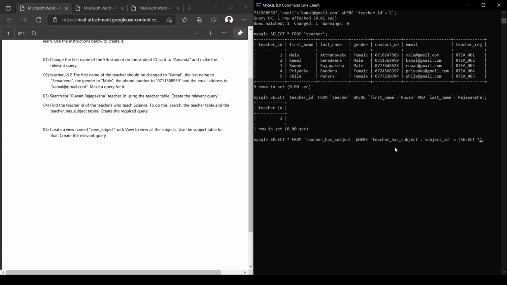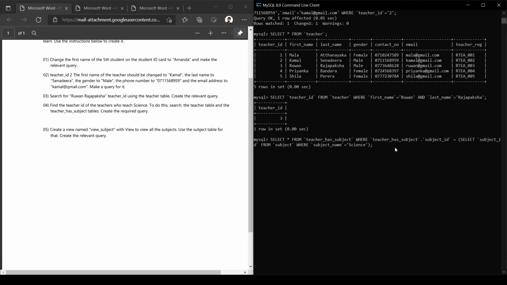Select, this time not asterisk, we need to output the subject id. So we can directly mention the subject id and select subject id from subject table where subject name is equal to science.